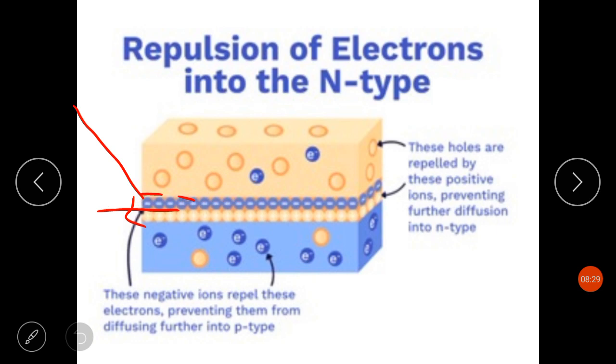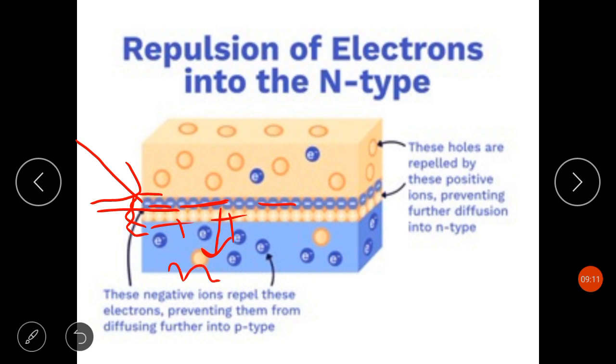What I am trying to say is that initially this depletion region has been formed. There is negative charge in the P side of the depletion region and positive charge in the N side, which is not allowing further electrons to move from the N side to the P side and fill further holes in the P side. The electric field barrier of the depletion region is not allowing this. But when the light falls on the depletion region, the photons give their energy to the electrons, and the electron will leave the hole that it initially filled, and because of the negative charge in the P side of the depletion region, this electron will get repelled and move back to